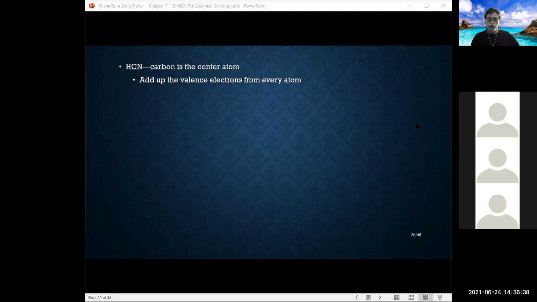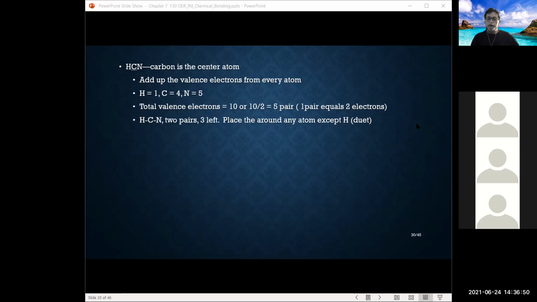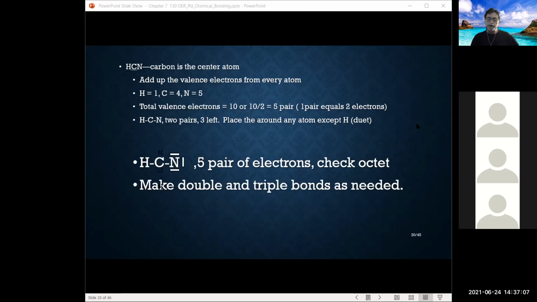So HCN, what we did is we added up the valence electrons from every atom, okay? That's 5 from nitrogen, 4 from carbon, 1 from hydrogen. Gives us a total of 10 valence electrons, which we have 5 pair. And we place the central atom bonded to the hydrogen and the nitrogen. That told us how many pair we got left. Okay, we just simply put those electrons around what's left. Okay, 5 pair, check the octet, and then we created double or triple bonds if needed, so that everybody's